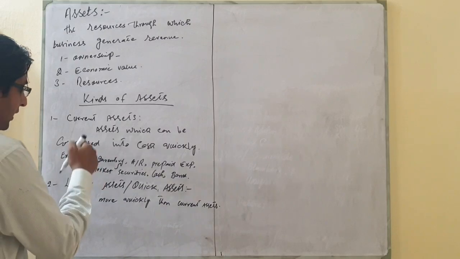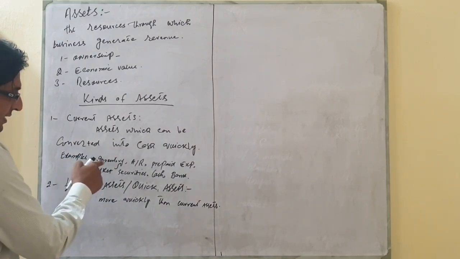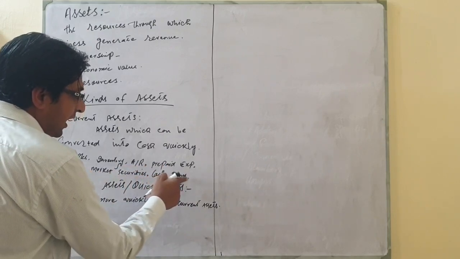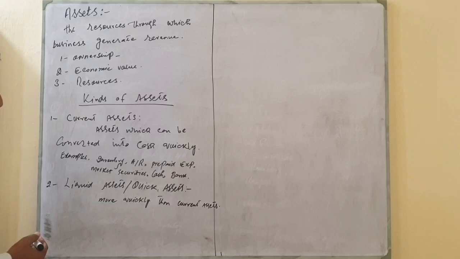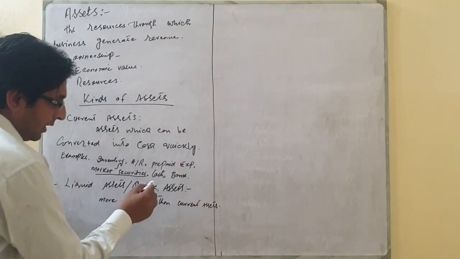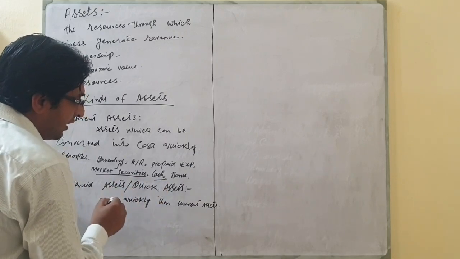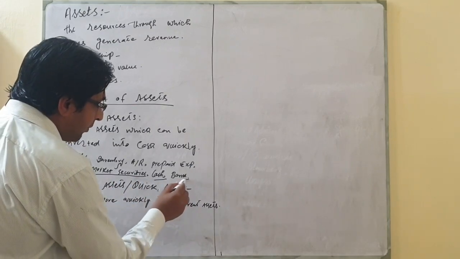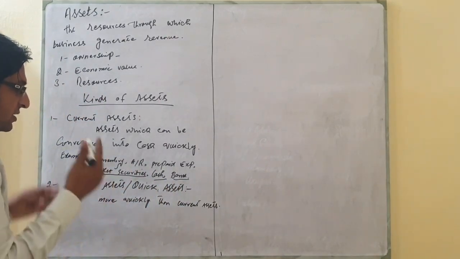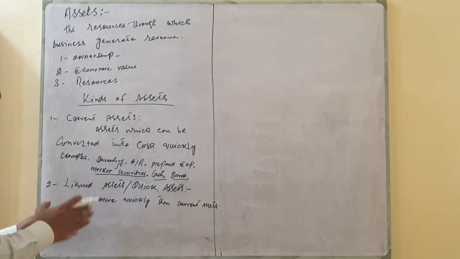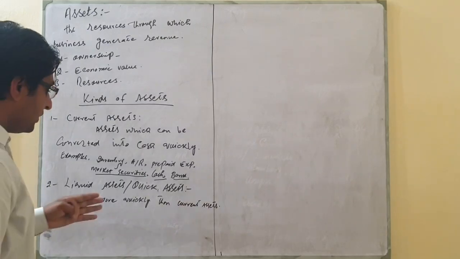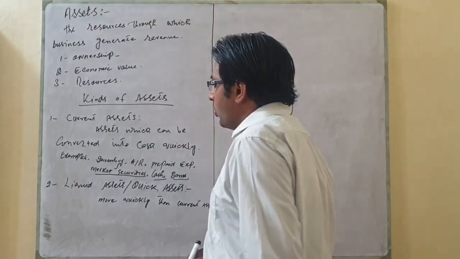Like in this category, we have already studied that inventory, account receivable, prepaid expenses, market securities, cash, bank are all these current assets. But market securities can be converted more quickly. Similarly, cash is already in the form of money. Bank balance, these are liquid assets. These are either in the form of cash or they can be converted quickly. So we call these assets as liquid assets that are converted into cash more quickly.